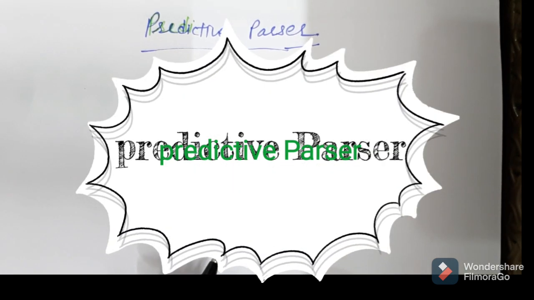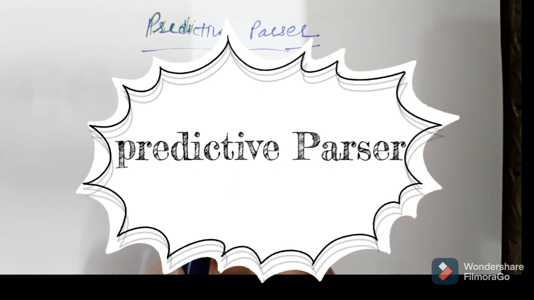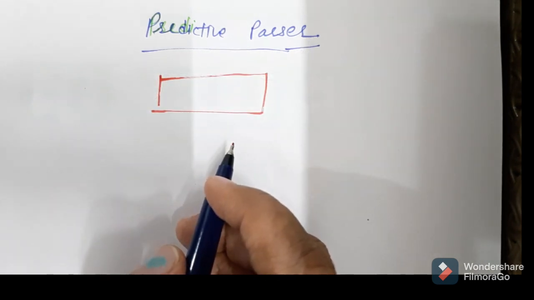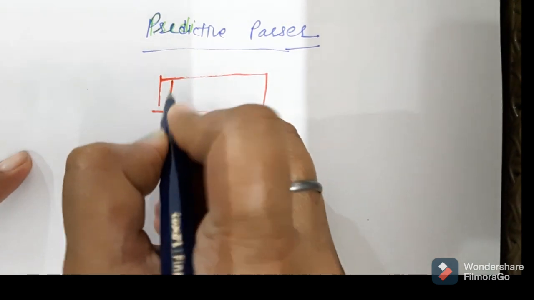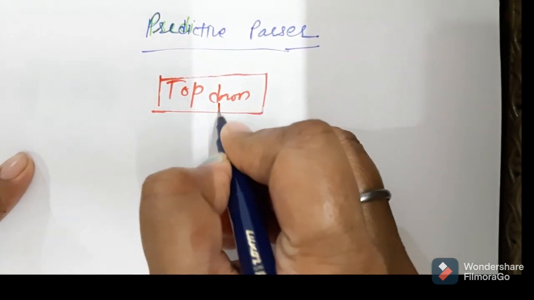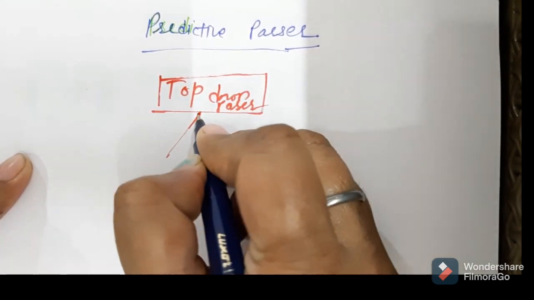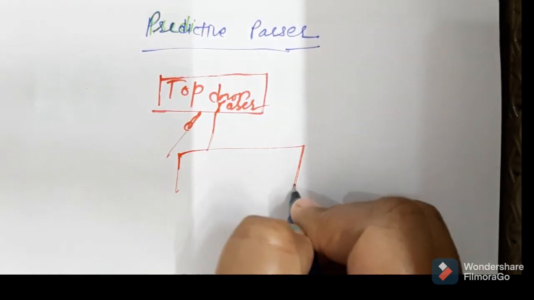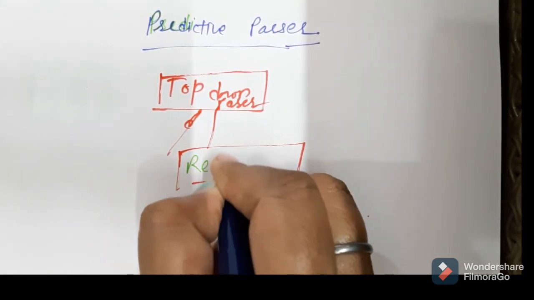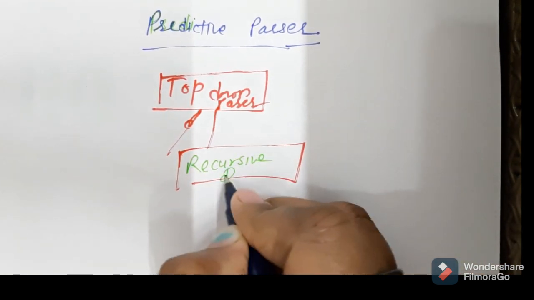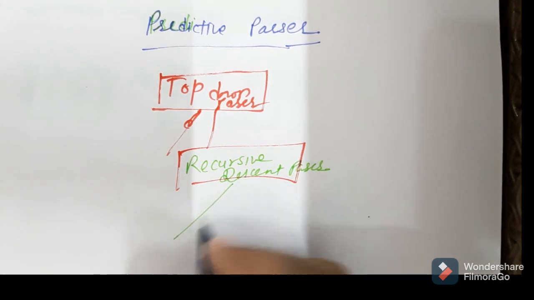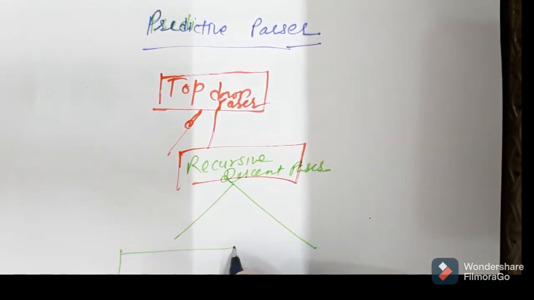In this video, I will discuss the predictive parser. Predictive parser is one of the top-down types of parser, and as we know very well, top-down parser can be divided into recursive descent parser. And on the basis of this, we can divide the parser into